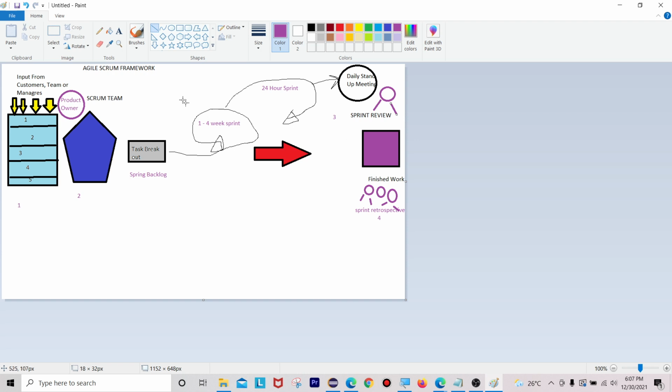And here also one guy will be available at this 1 to 4 week sprint. He is the main guy, sorry, he looks very beautiful, you know, he is called the scrum master, that fat guy.